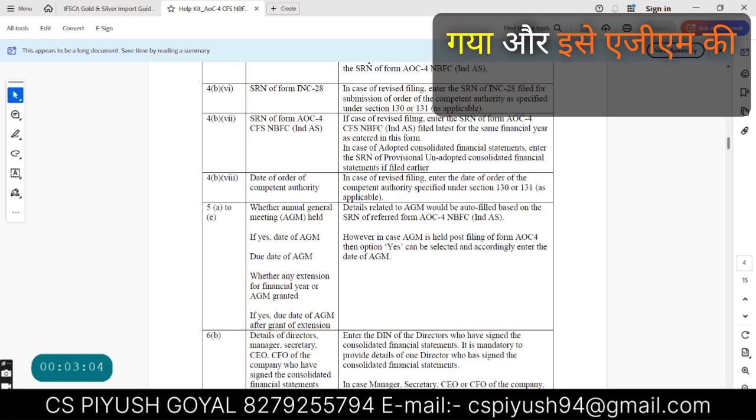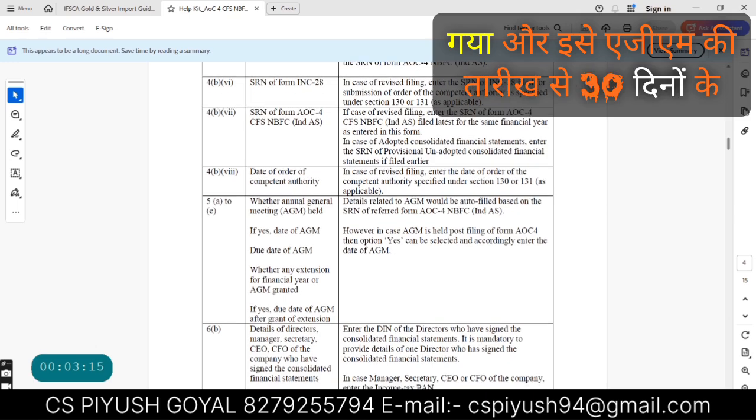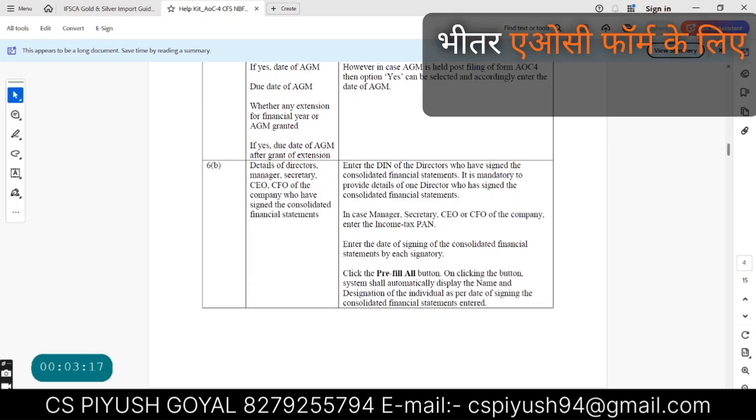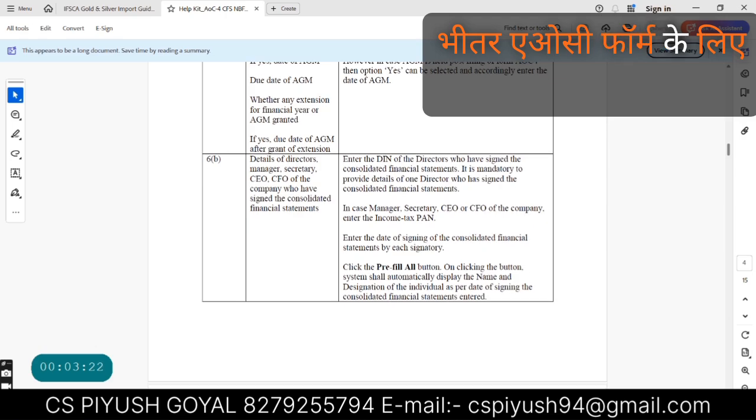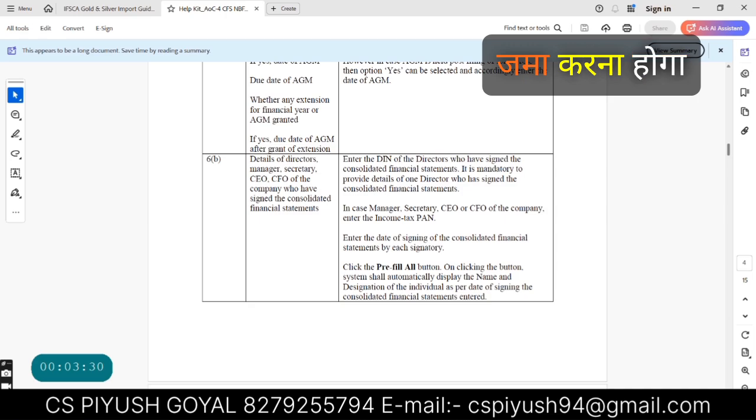Then whether an annual general meeting was held; if held, the date of AGM should be mentioned, and in addition to that, the due date of AGM is also required to be mentioned in the form. Then mention the details of directors, manager, secretary, CEO, CFO of the company, and enter the DIN of the directors of the NBFC, right?